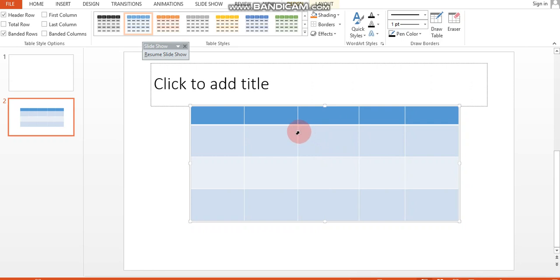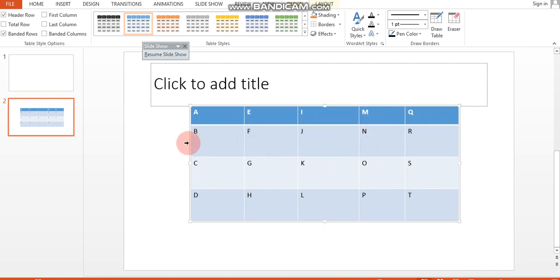Now if you see a small black cursor here where I clicked, this is used to select the entire cell. Let's suppose I write something here. I have written a basic ABC just to show that something is written in the table. If I select like this, it is selecting the content. Either you select just that much or the entire cell. You can do it directly with this black arrow also. So this is used to select.